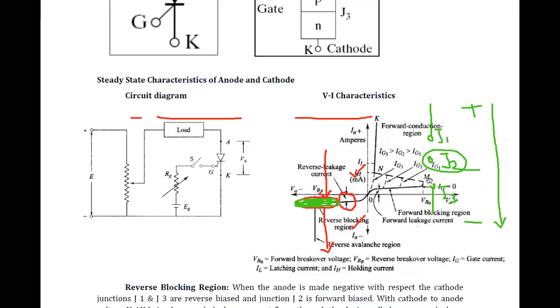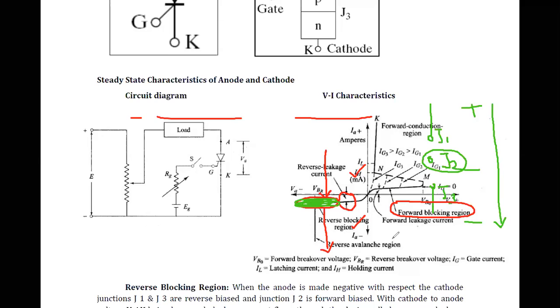So what should I do so that the diode enters into the conduction region? Because we are at this particular point, it is the forward blocking region. That is what the definition says. Even though you are applying plus to anode, minus to cathode, your SCR is on, but it is not conducting. Why? Because of the junction J2. So your SCR is forward but in the blocking region, not in the conduction region. So what should I do such that your SCR enters into the conduction region?